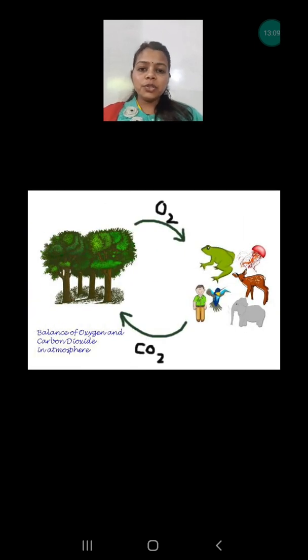Last, we are going to discuss the maintenance of the earth. Both animals as well as plants are important to maintain the balance of our nature. Suppose the plants were not there, then who would give us oxygen? Because oxygen is needed by animals and human beings. But plants also depend on animals and human beings for carbon dioxide. On one hand, plants are absorbing carbon dioxide, and on the other hand they are giving oxygen.